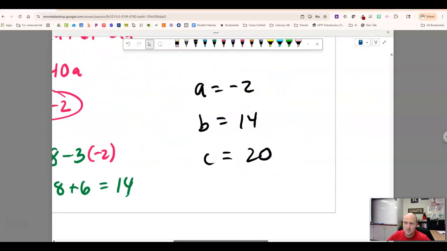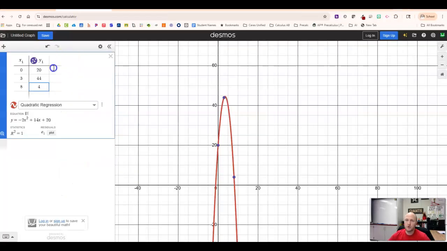And again, Desmos, super easy. If I have a table, I can input the table. I run a quadratic regression and check it out. There is my equation. Okay, so hopefully in this video you learned how to model a context involving a quadratic function or given data points that can be modeled by a quadratic function, and how to solve for that via substitution, elimination, and with a